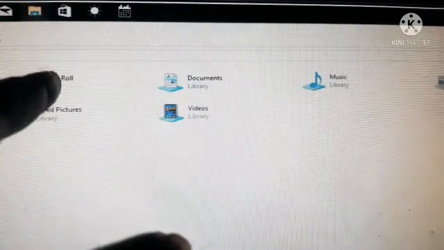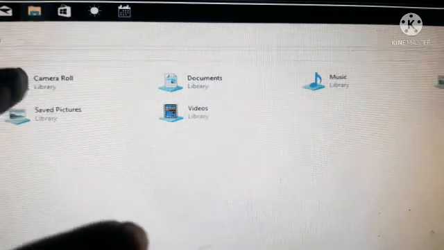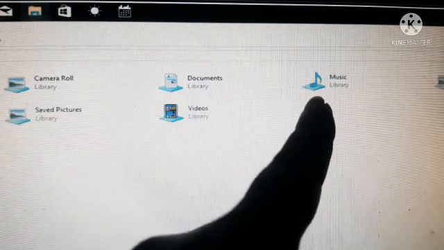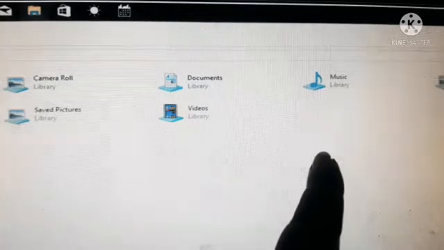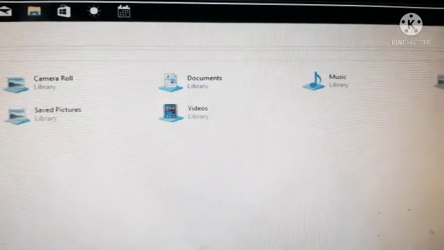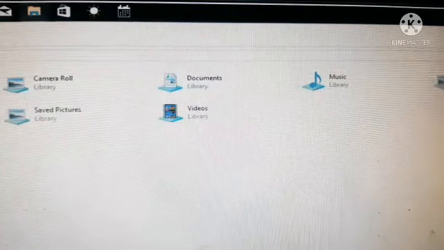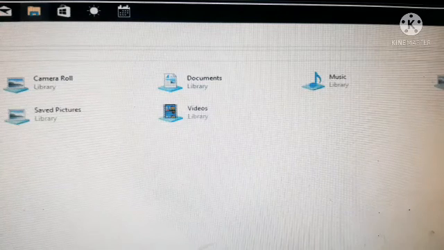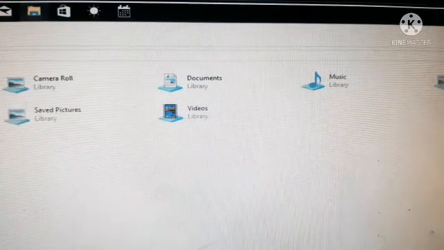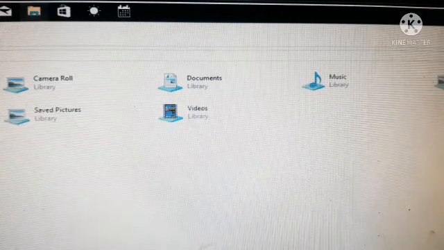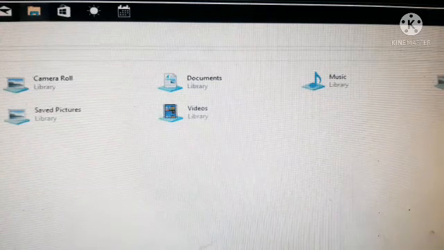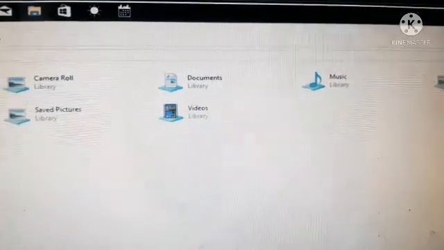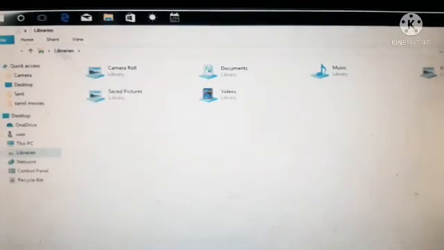For example, all the songs come under Music. Whatever songs you have in the system, everything is included in one folder, that is called Music. And libraries are the shortcut of folders. So what is a library? Libraries are shortcuts to folders. Maybe they will ask one more question, what is a library? Libraries are shortcuts of folders. There are 4 standard libraries in Windows 10, okay, we can see the 4 standard libraries in Windows 10.